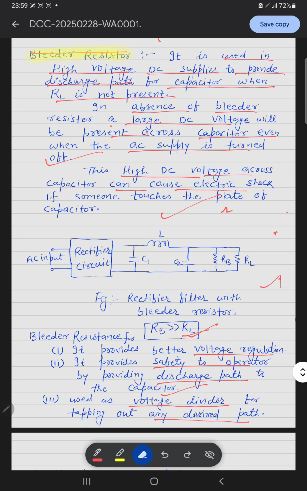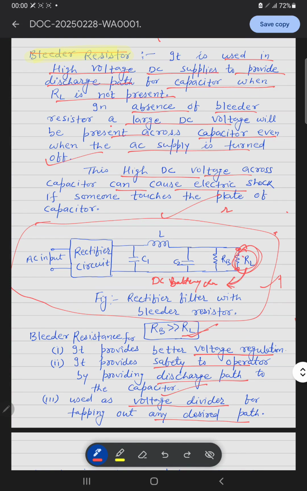Suppose this is the bleeder circuit with the bleeder resistance, and these are the circuit diagram for another. Let's take an example. This is the circuit diagram for the DC battery charger. Here is the load resistance. What will be the load resistance? This will be connected to the DC battery. Okay, it means all the charges will be supplied to the load resistance.